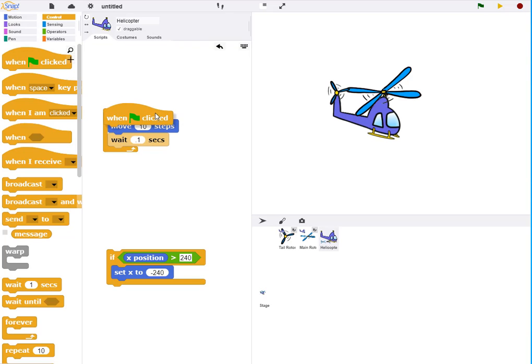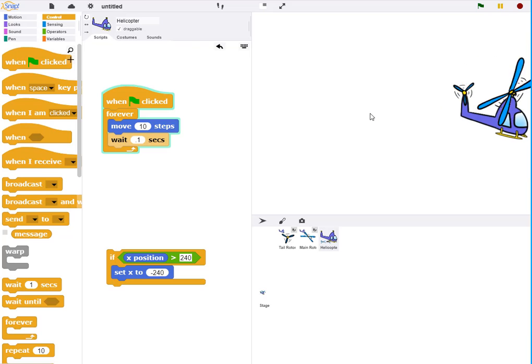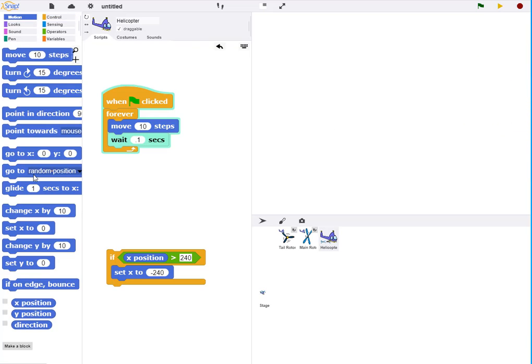And I can make that happen by dropping the green flag on top, and then when I click the green flag, the rotors turn as the helicopter moves forward. Eventually, this will go off the edge of the screen. However, I can make it come back by grabbing the go to center of screen block, and that will bring